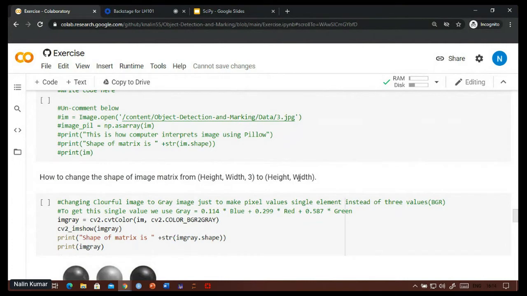You can reduce them. The new shape will be height, width, 1. So instead of 3 channels, you can convert it into a single channel. Usually it is called a grayscale image instead of an RGB or BGR image.